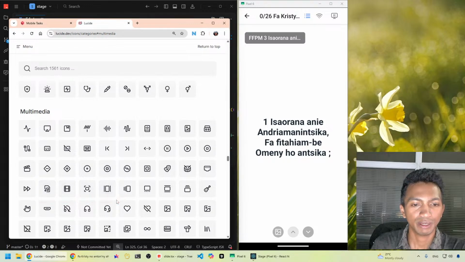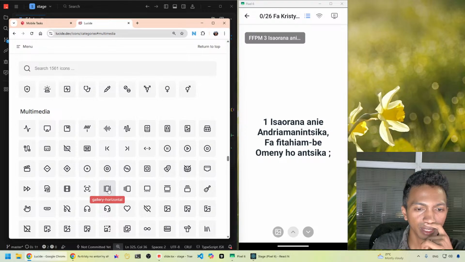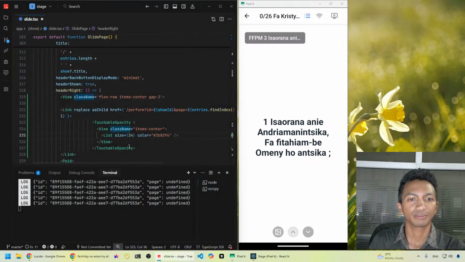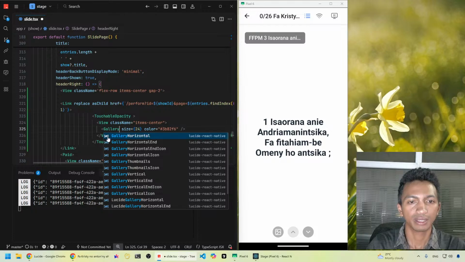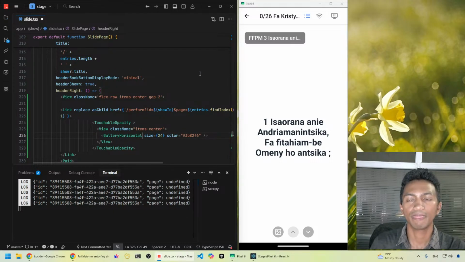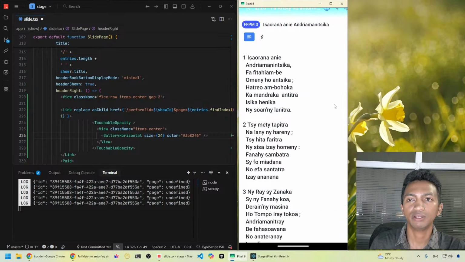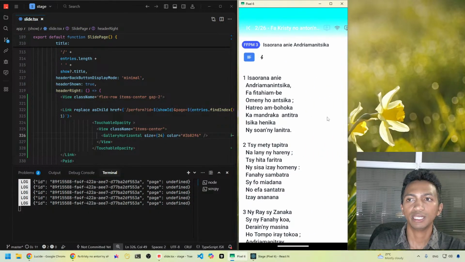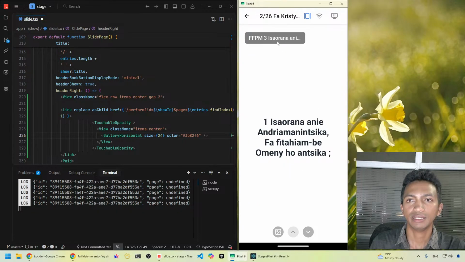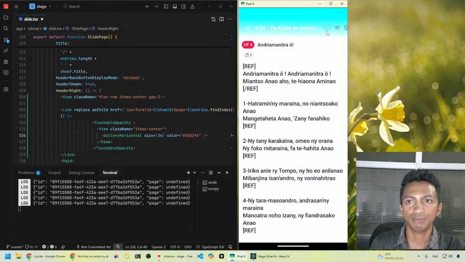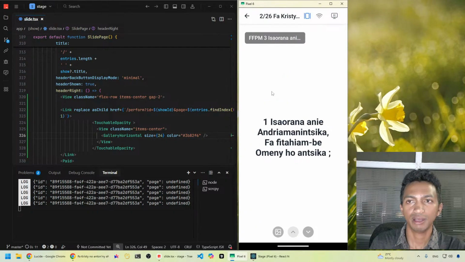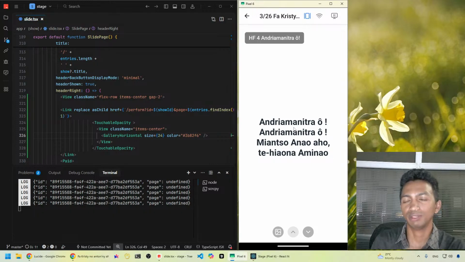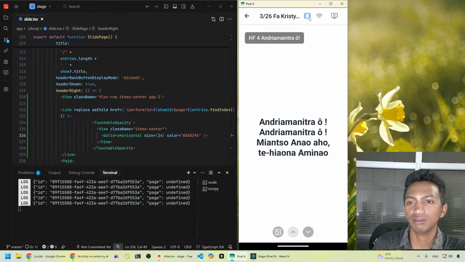Okay, so what would be better? Like this? Gallery horizontal? I kinda like this. Okay, let's use that. We get here, and then click in here, gets us here. Awesome. And awesome. Wait. We are on this page here from slide,